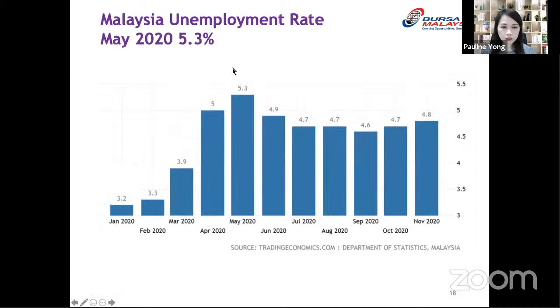Then this one is 2020. What is worrying is that this 2020 level, it has been about a year now, we are stuck at the 4.5% and above level. So that is a concern. Which means this recession is worse than what we expect. If you look at the previous two recessions, we would probably think it will be a quick one, and we recover within 2 years' time. But if you look at this unemployment rate, I'm afraid this recession will be